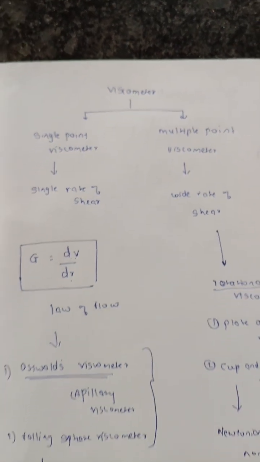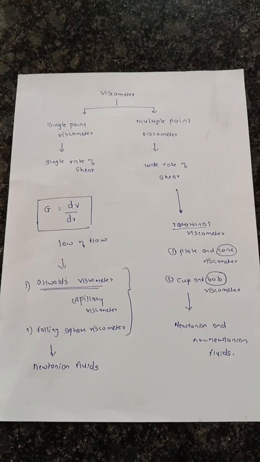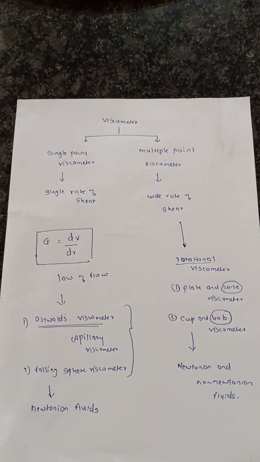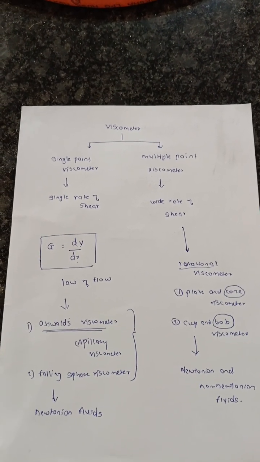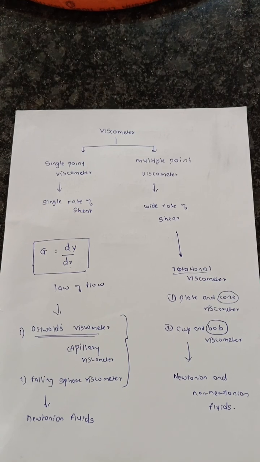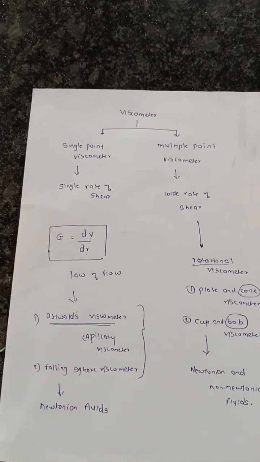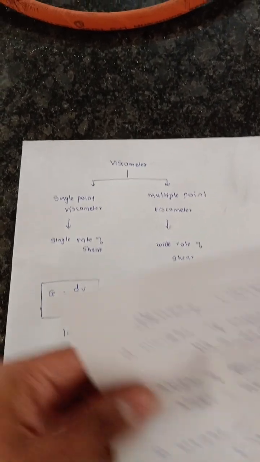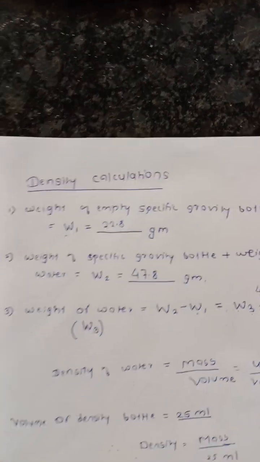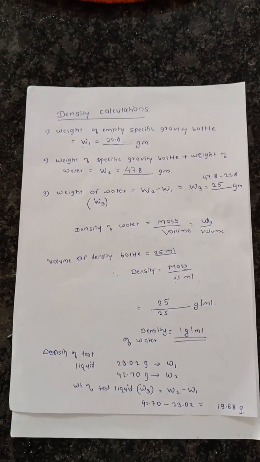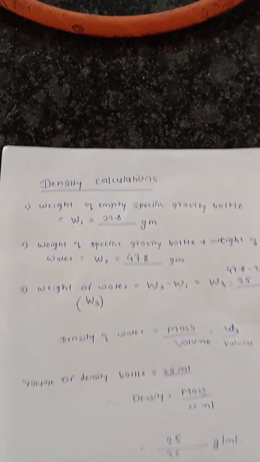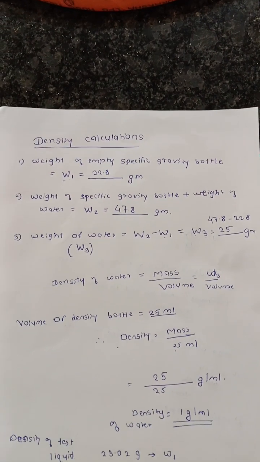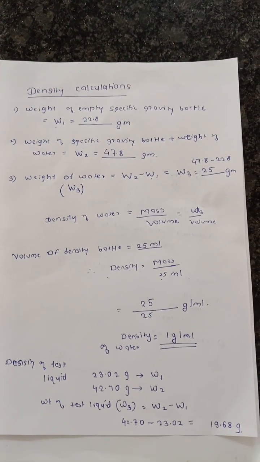So dear students, the precautions you need to follow during the practical are that you have to use a clean and dry viscometer. You have to fix the viscometer vertically on the burette stand. Use a stopwatch for counting the time. The same volume of the liquids should be used. You have to maintain a constant temperature and, with the help of the specific gravity bottle, determine the densities accurately.